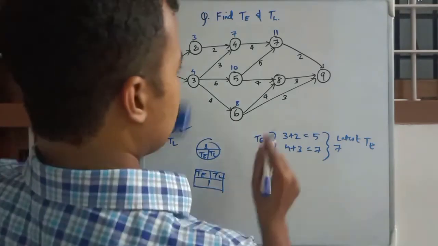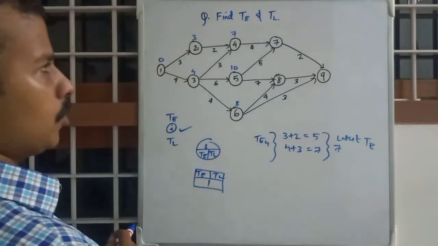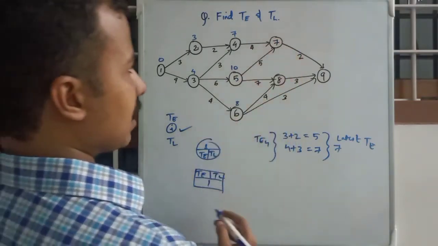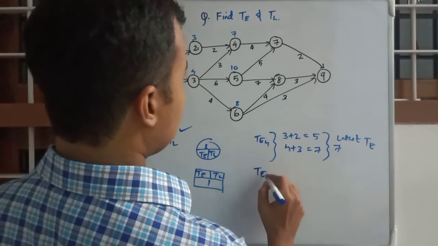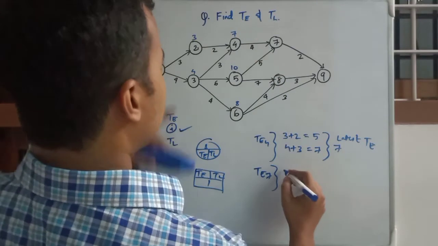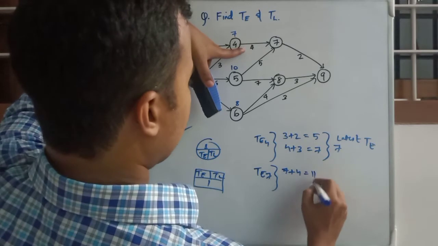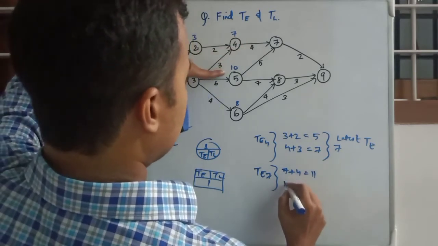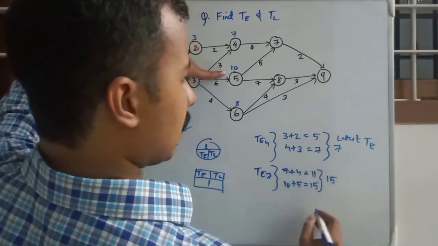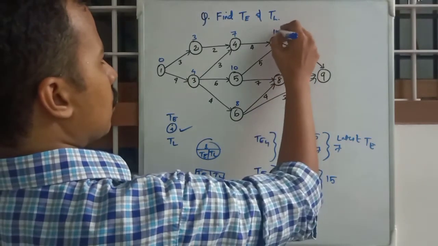Okay, and sorry, this 11 won't be here. There will be two values because there are two activities coming onto it. So TE7 will be having 2 from 4 and 5. From 4 it will be 7 plus 4 is equal to 11, and from 5 it will be 10 plus 5, that is equal to 15. We will select 15 because it is the latest one. Okay, so 15,